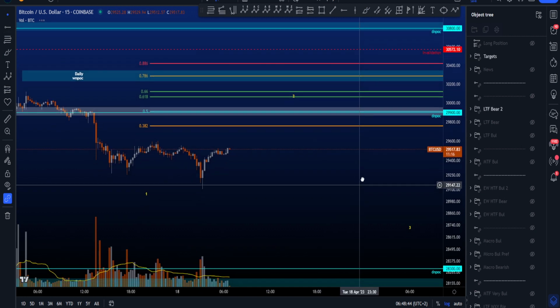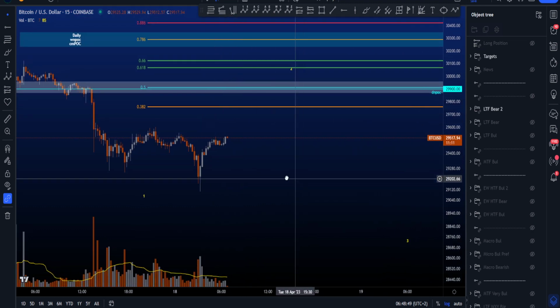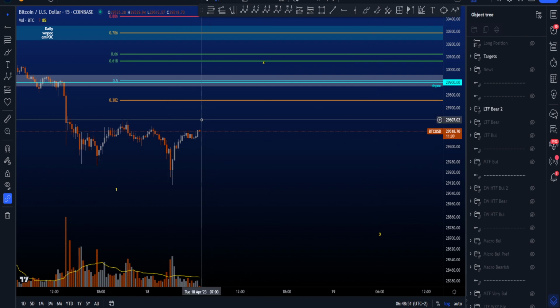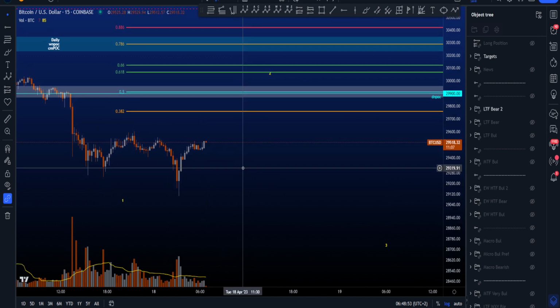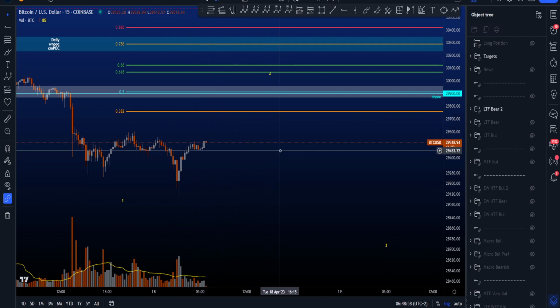Of course, first of all, we're going to wait and see in the upcoming hours what this price action is going to do towards the upside. Is it going to create a structure or not? Is the bullish scenario going to be more likely than the bearish one? We have to wait and see how price is going to move itself towards the upside.